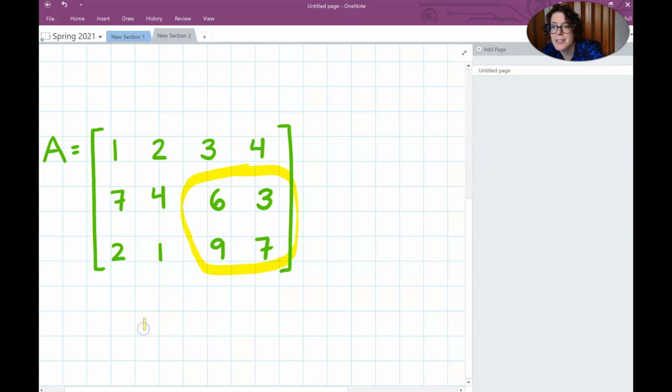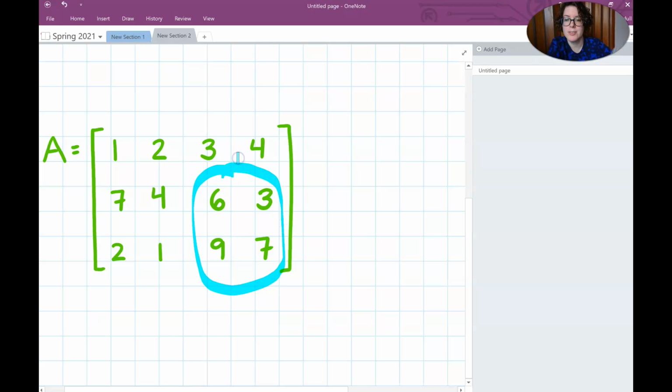Let's use a different color here so we can see it better. So I'm trying to grab this little 2 by 2 matrix within that A matrix. In order to do that, I'm going to type A and then the indices of the rows. So this is the second and third row. So I'm going to do 2